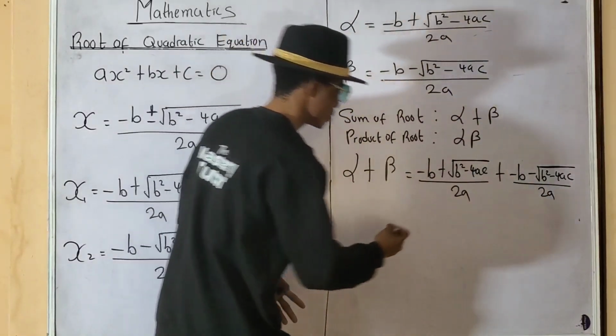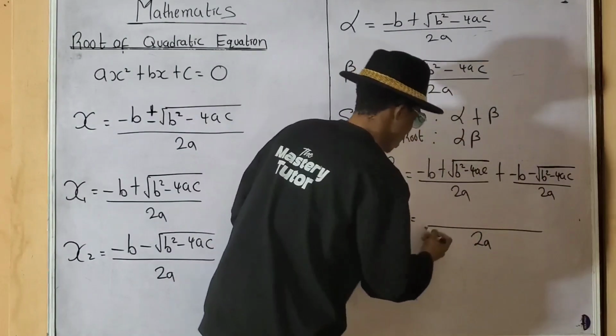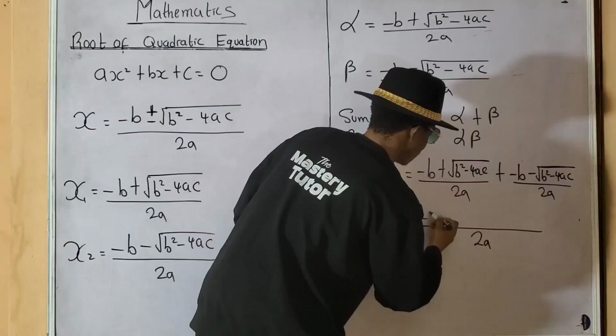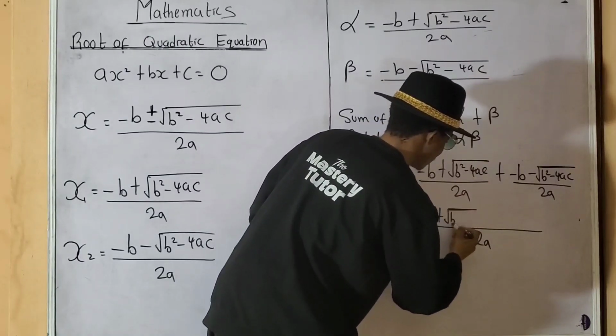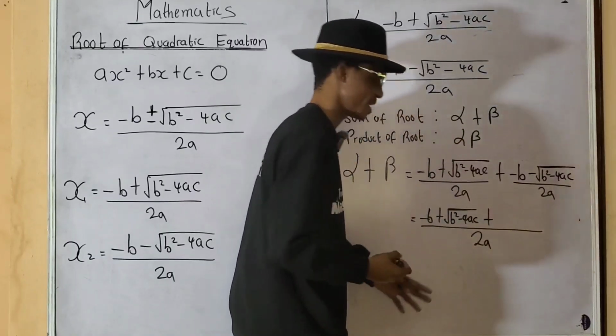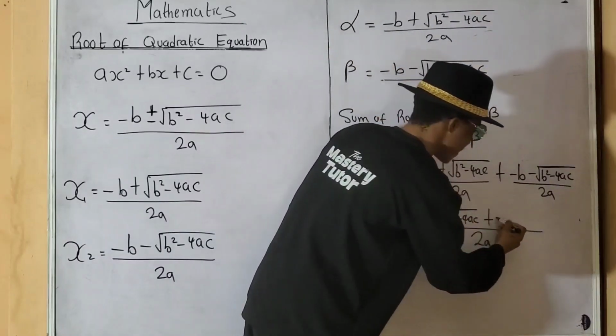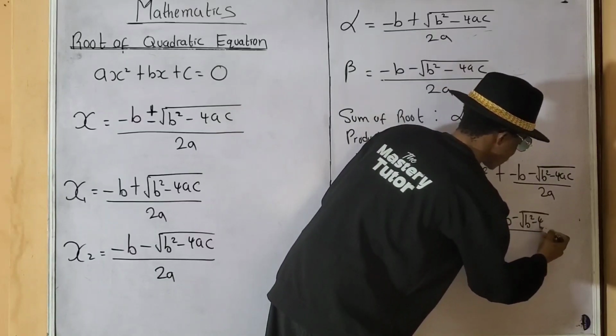Okay, now the LCM here will be 2a. So I'm going to have at the numerator negative b plus the square root of b squared minus 4ac